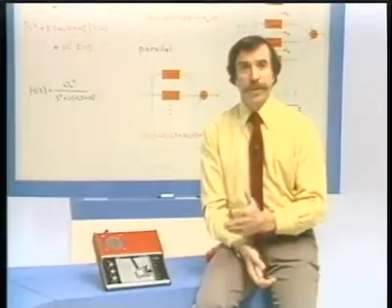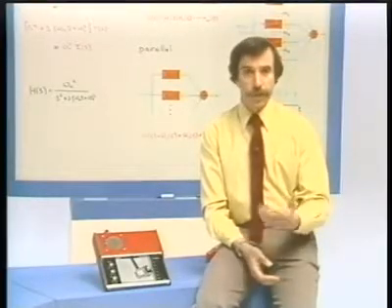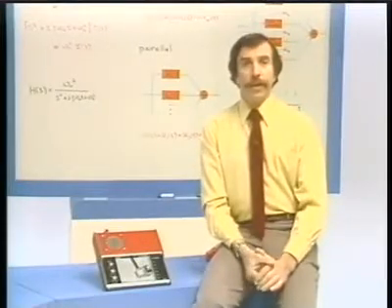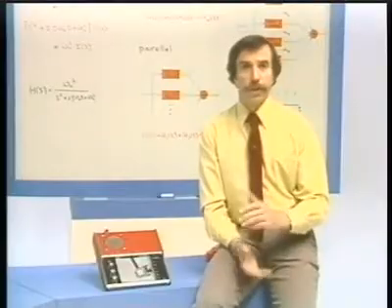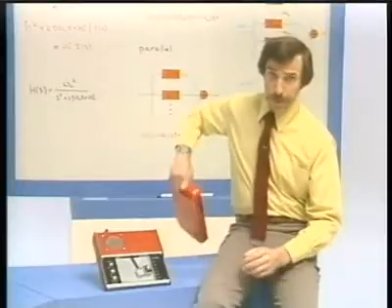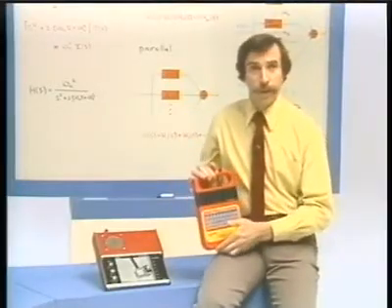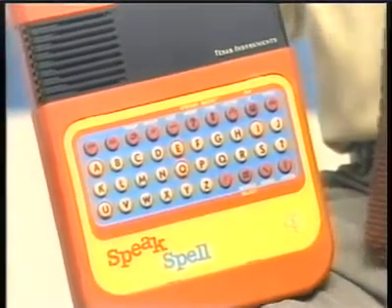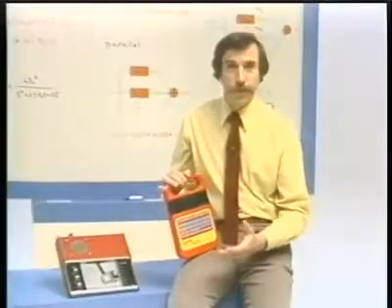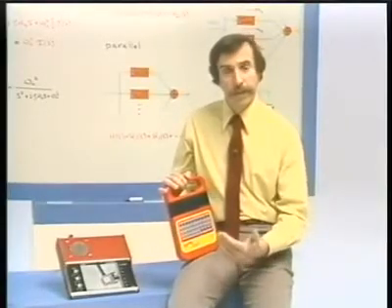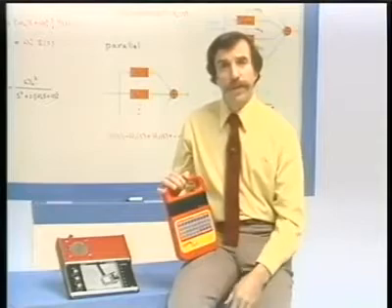Now, the system, as I've just demonstrated it, is, of course, a continuous time system or an analog speech synthesizer. There are many versions of digital or discrete time synthesizers. One of the first, in fact, being a device that many of you are very likely familiar with, which is the Texas Instruments Speak and Spell, which I show here. And what's very interesting and rather dramatic about this device is the fact that it implements the speech synthesis in very much the same way as I've demonstrated with the analog synthesizer.